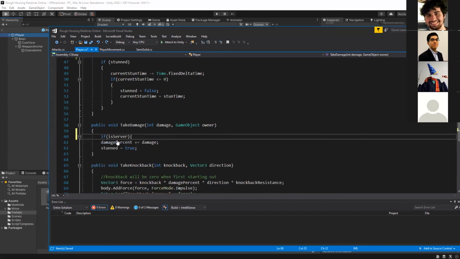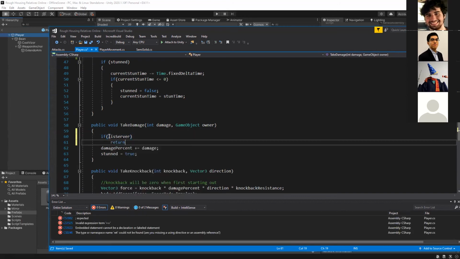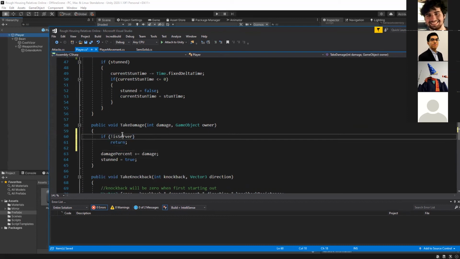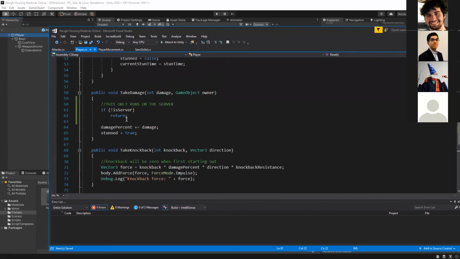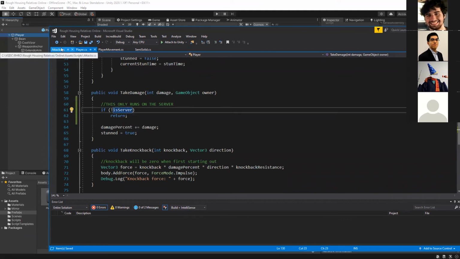Or if it's not the server. If it's not the server, we're just going to return. So this only runs on the server. It runs on the server. And now we can go back to attack.